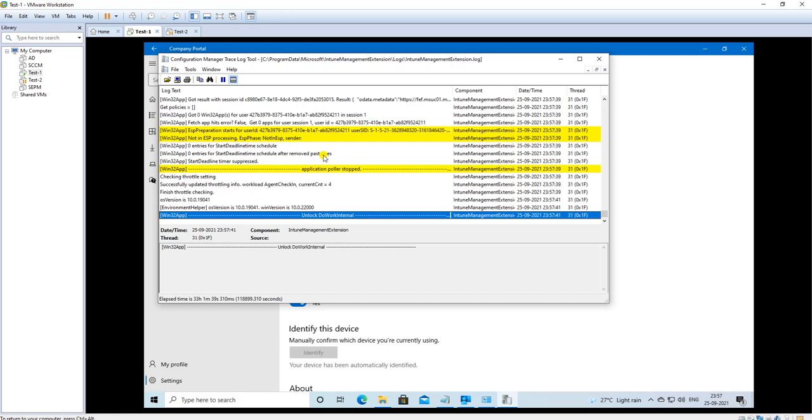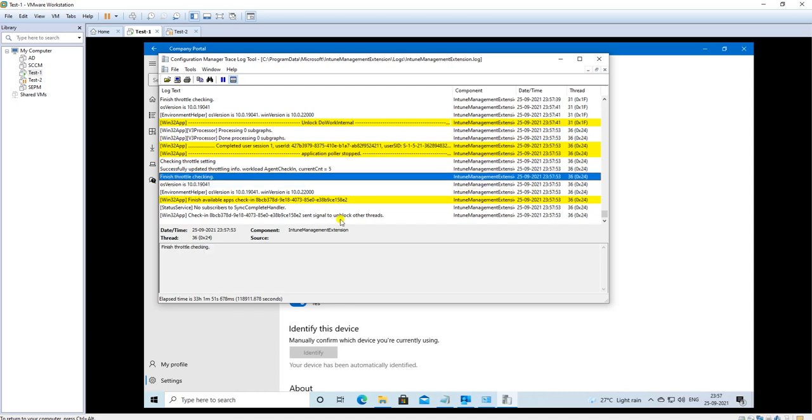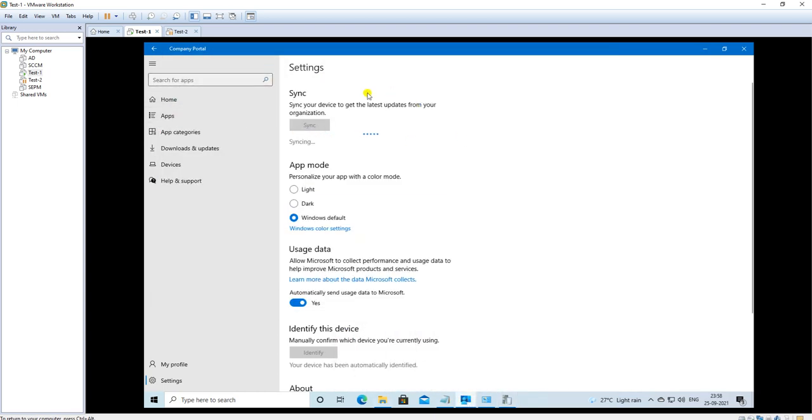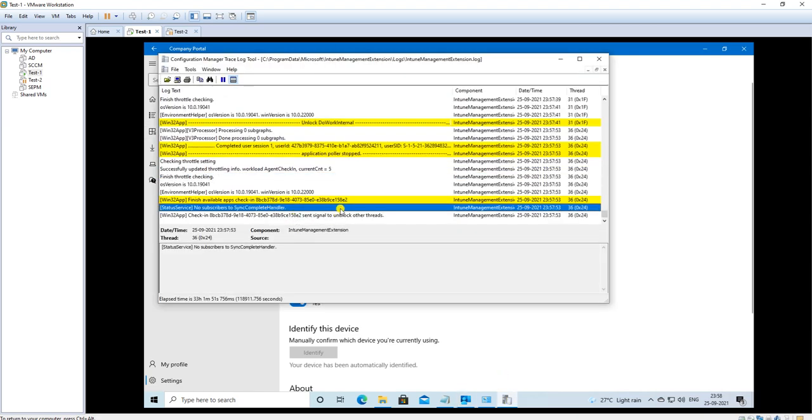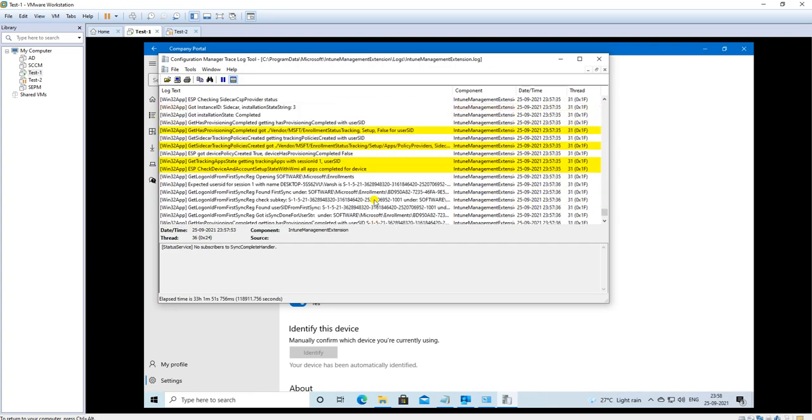Okay, so now it starts picking up the data from Intune to the end user machine. But as we know, we are in the cloud and it will take some time to replicate the policy first, and then bring the application to this machine. So it will take some time to see your application under the app. Anyway, the sync is still going on, let it complete, and then we'll talk about how the application will appear here, and about the log file.